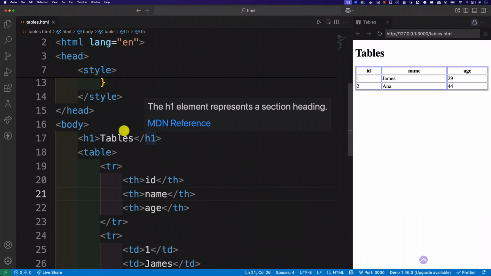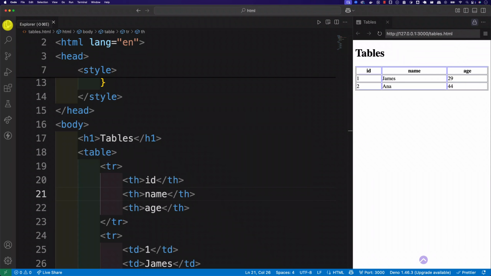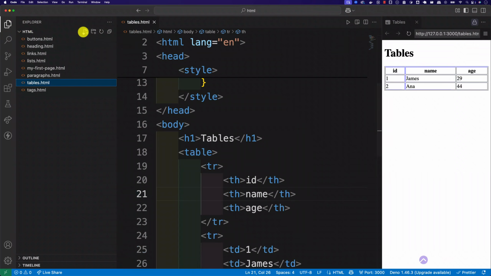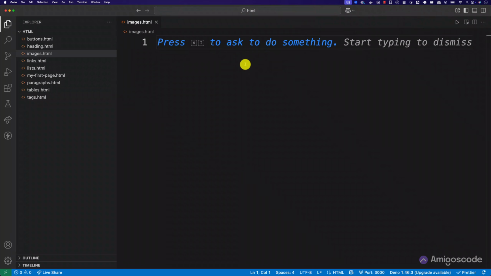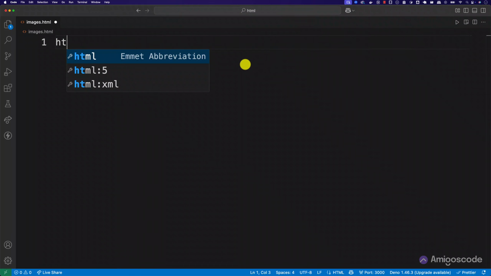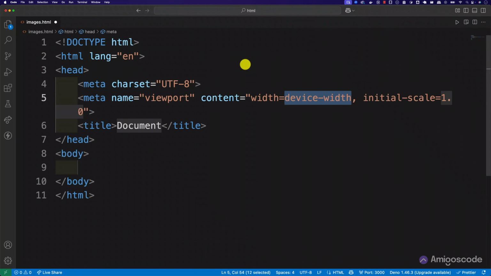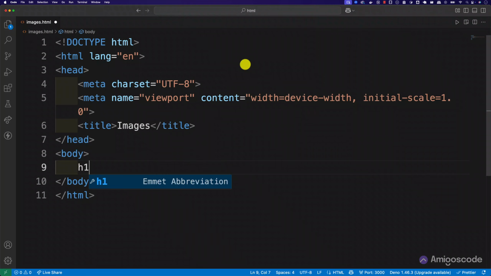In this video, let's learn about HTML images. So how do we display images? What I want to do here is create a brand new file. I'm going to call it images.html, and I'm going to close this as well as this and this as well. Then I'm going to say HTML. There we go. I'm going to leave everything as is, and change the title to images,